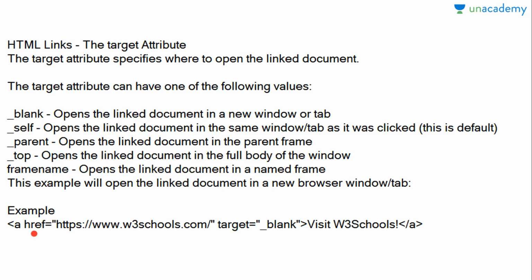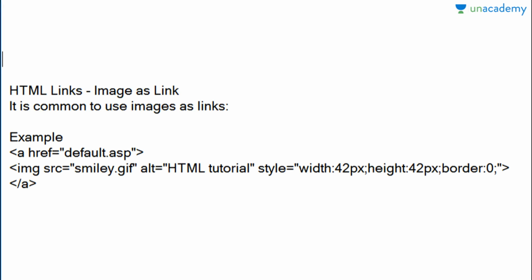Let's study about this. A href equals to double quotes, inside we have allotted the address, and then we have set target equals to double quotes underscore blank. Then we have written visit this and this close tag. So this means this will open in a new tab, meaning you have opened a web page. When you click over this, you will move towards the new tab. This is the targeted link. So this is how you can use the targeted links.